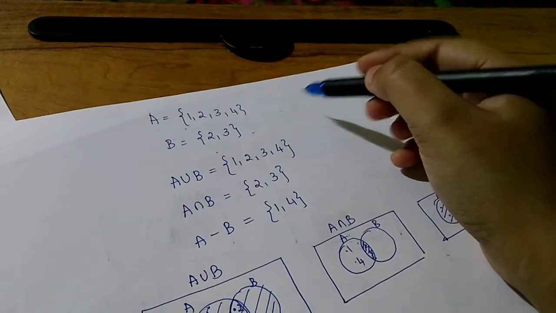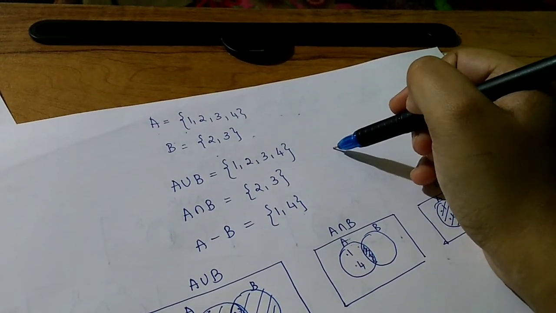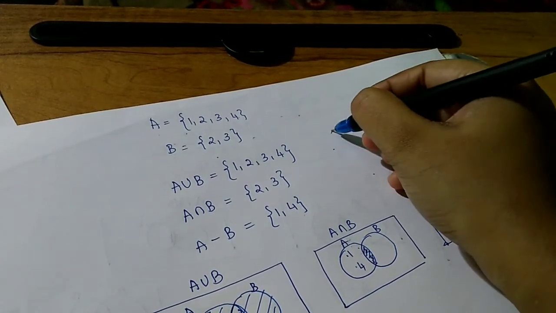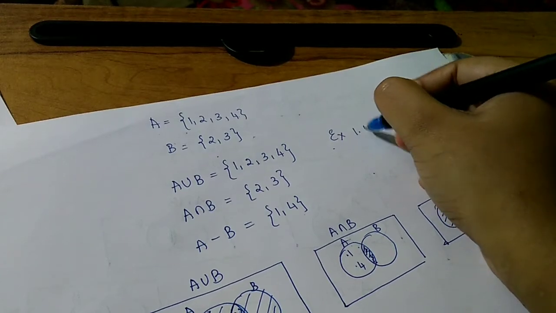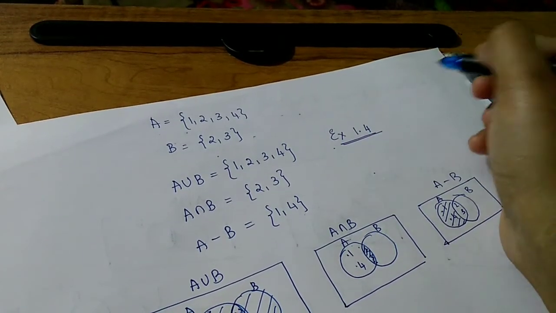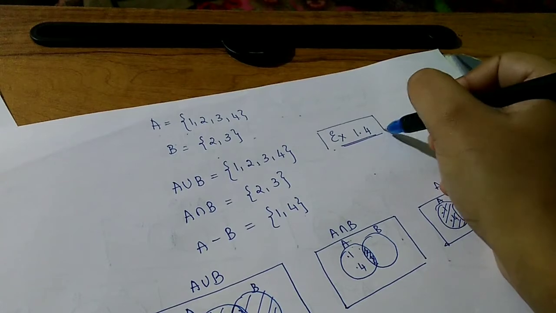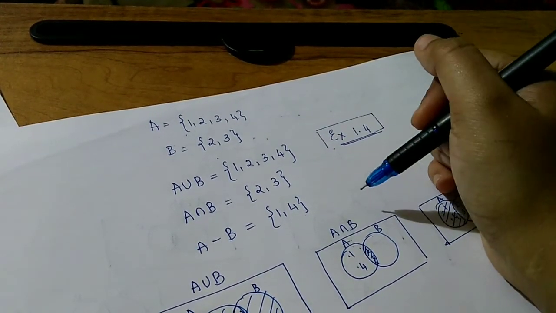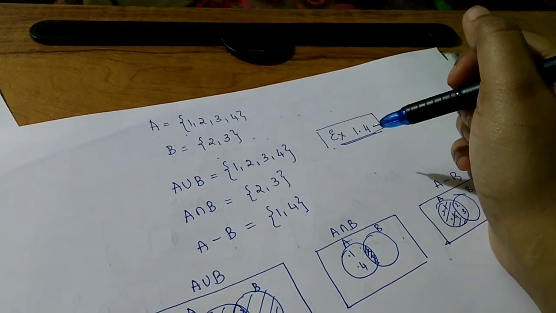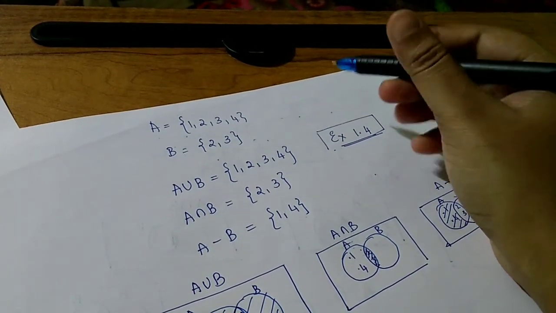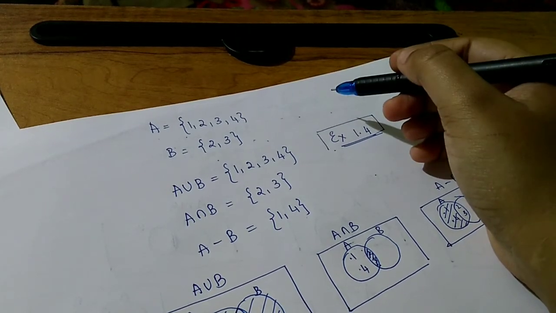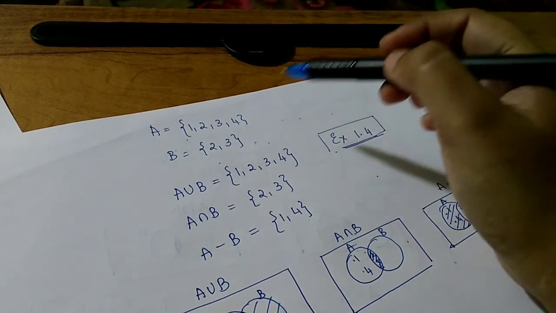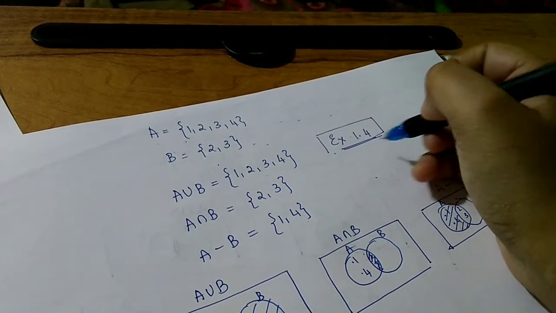So I have now explained union of sets, intersection of sets, difference of sets, and then what Venn diagrams are. The next exercise, I think it is 1.4, you have to solve. Exercise 1.4 includes all these concepts: union, intersection, difference, and Venn diagrams. After exercise 1.4, we will move to complement of a set, then properties of complement, and the last part will be practical problems. So first we need to solve exercise 1.4.